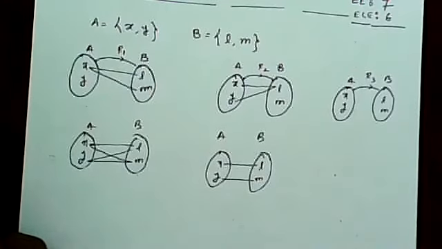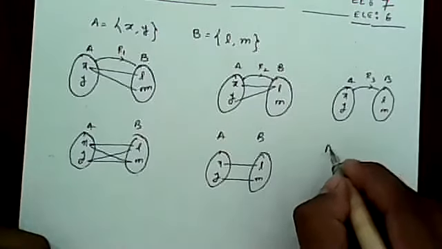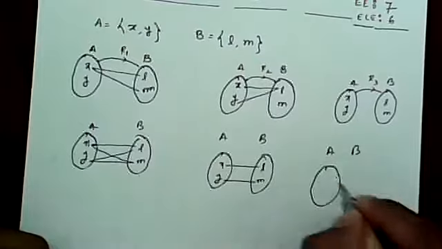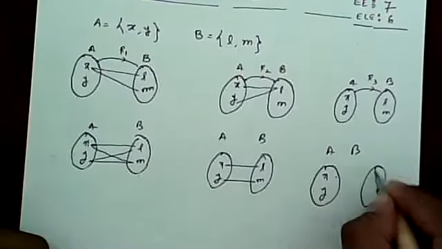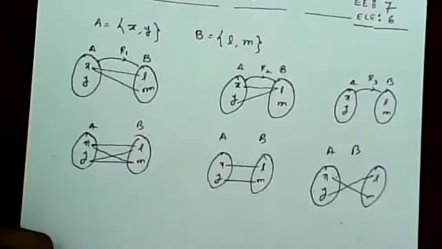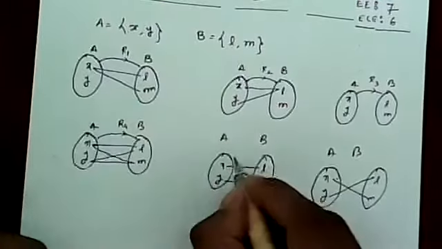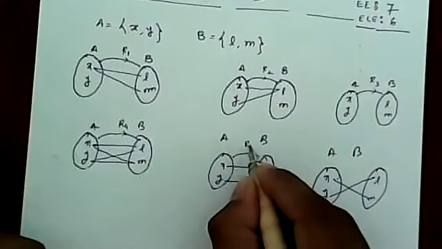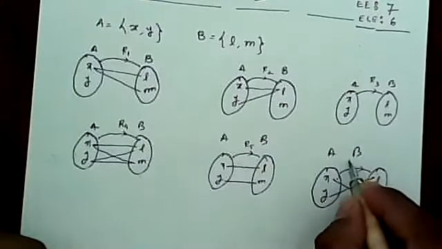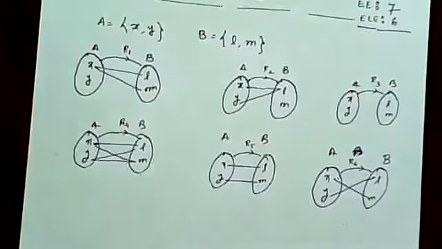Okay, so this is just a possibility. Similarly, we have another case like AB, and here I can consider XY, LM. So this is also one of the possibilities. Okay, let me name these relations also. Let this be R4, this R5, let this be R6. Okay, so this is the same thing. All of these are nothing but some relations.